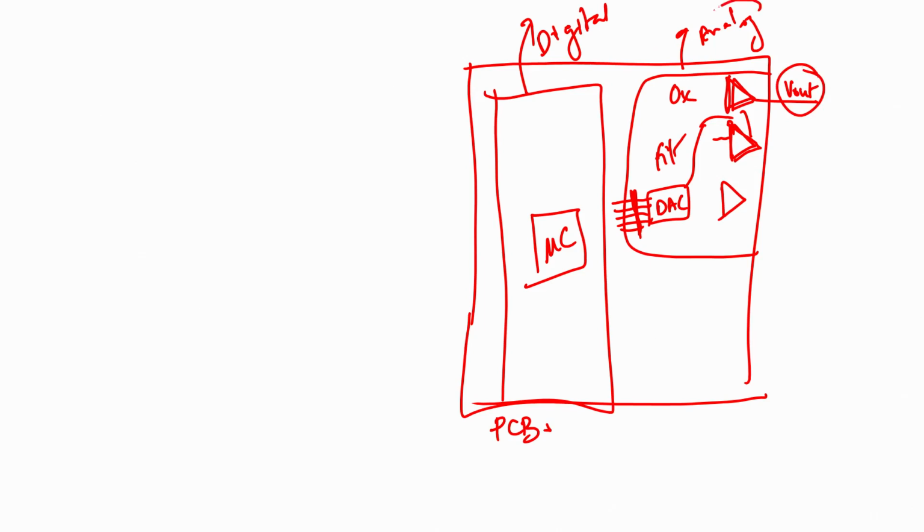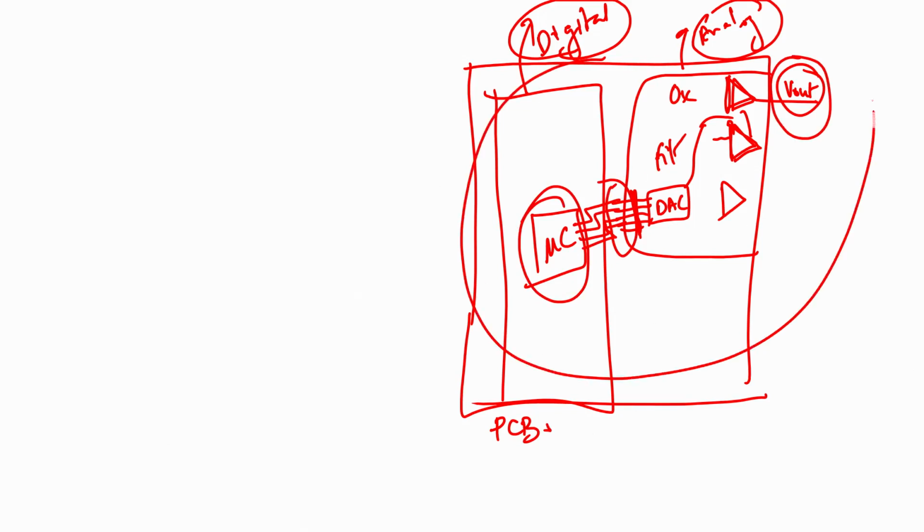You have connected the analog world with the digital world, because your microcontroller will be able to talk to these bit lines, and through your software which is loaded on the microcontroller, you will be able to change the bit sequence and thereby change the output voltage without touching any component on this PCB.